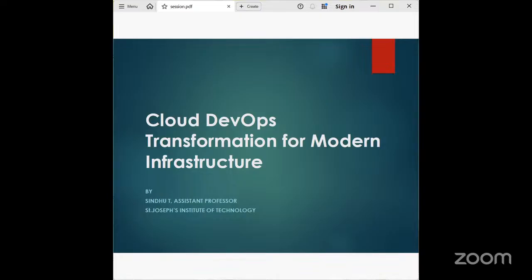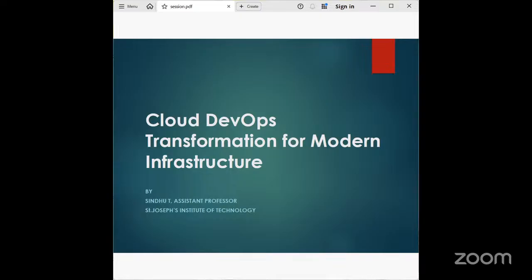So we are here to understand not just the tools, but the cultural evolution required to accelerate software delivery and improve reliability. This lecture aims to bridge the gap between traditional IT practices and modern, efficient cloud native approaches. We will explore how leveraging cloud computing alongside DevOps principles creates a powerful synergy that is reshaping the entire industry, and why modern organizations are rapidly moving to the cloud. That's the transformation of cloud DevOps.